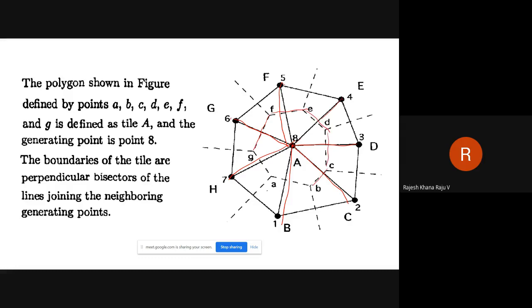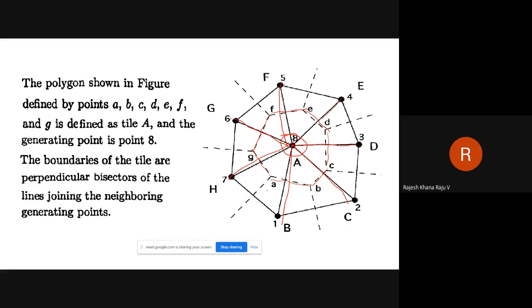Once you do that, you will get an enclosed domain containing this generating point 8. And that is known as your tile.